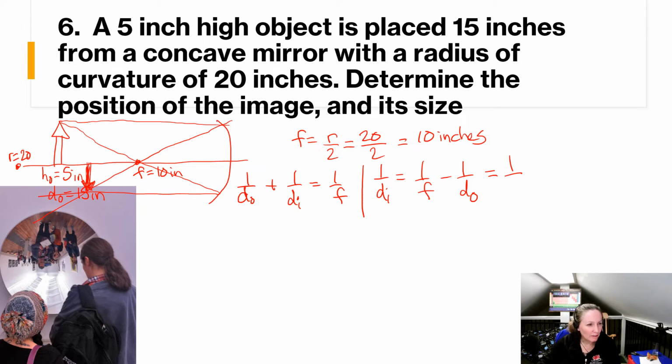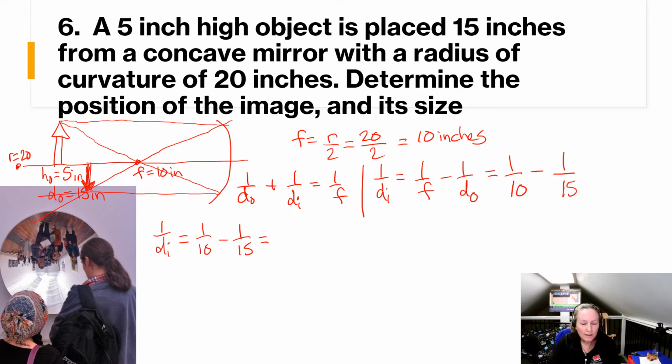I'm still learning how to use this while I'm recording myself. So 1 over focal is 1 over 10. And 1 over the distance, what was the distance? It was distance of the object was 15. So what do we have? We have 1 over the distance of the image is equal to 1 over 10 minus 1 over 15, and